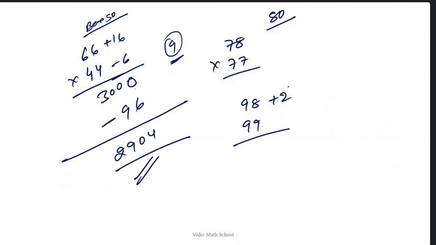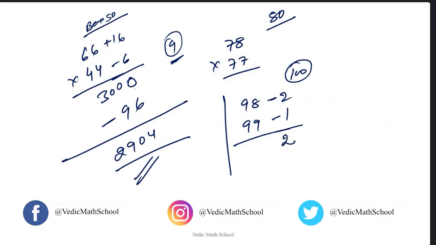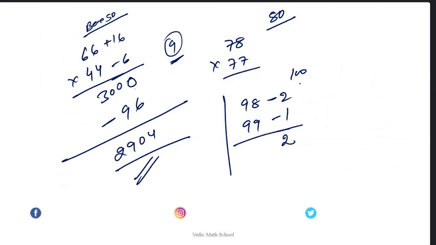Clear? So we are discussing the base value 100. Here we are discussing this problem: 98 minus 2, 99 minus 1. So minus 2, minus 1, that is 2. 2 only. Now 98 minus 1 is 97. 97 and multiply with 1 only, or 10. Taking 10. If there is a 9, then you multiply with 9.